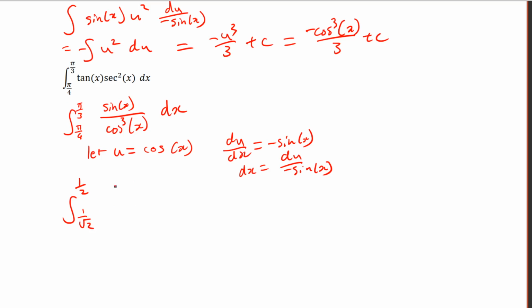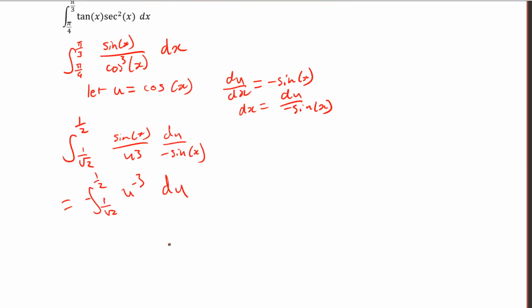And this is going to be sine x on u cubed du on minus sine x. So that sine x will cancel out. I'll have the minus sign out front, and I'll write everything out. So that's 1 on root 2 to half, 1 on u cubed, or I'll write this as u to the power of minus 3 du. And then this is going to be negative u to the power of minus